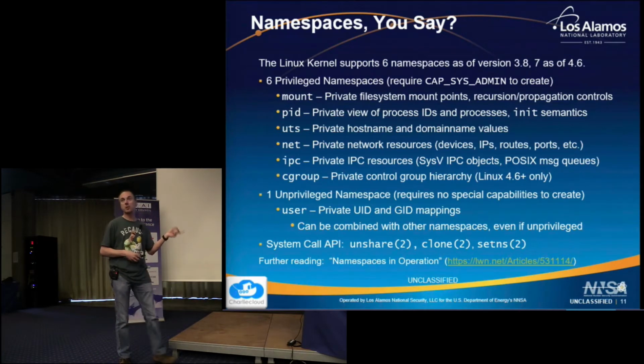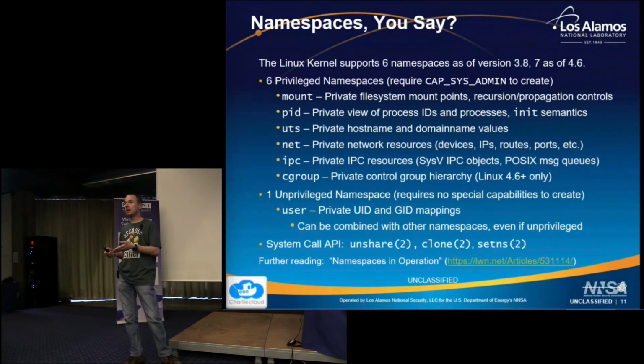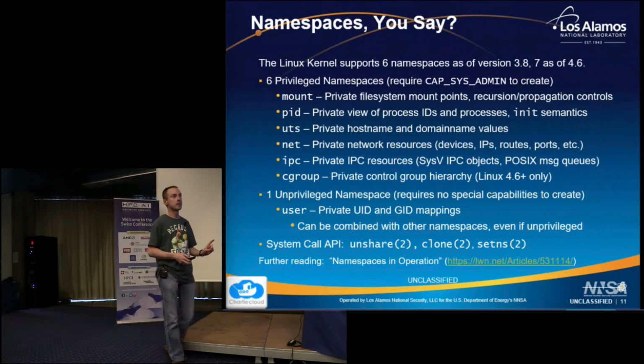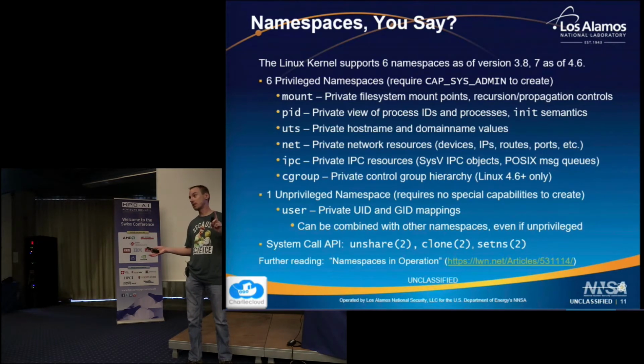PID namespace, or process ID namespace. When you create a new PID namespace, the first process in it becomes process ID 1. And that's all it can see. It cannot see any other processes on the system. Now, if you're familiar with what PID 1 is on a Unix system, init, or systemd, but init,